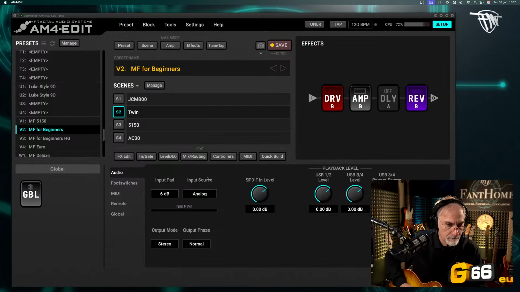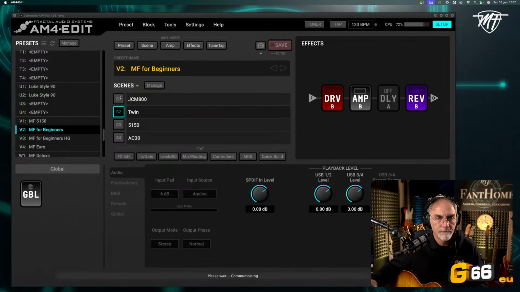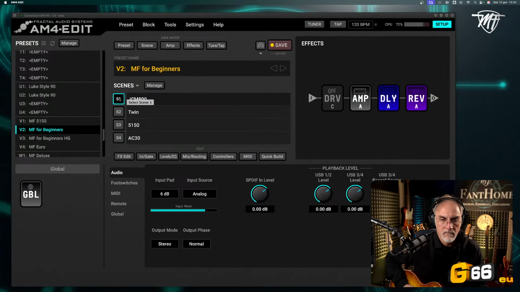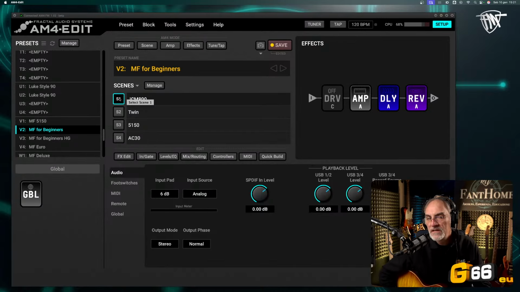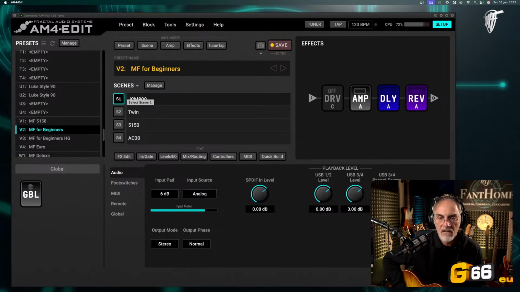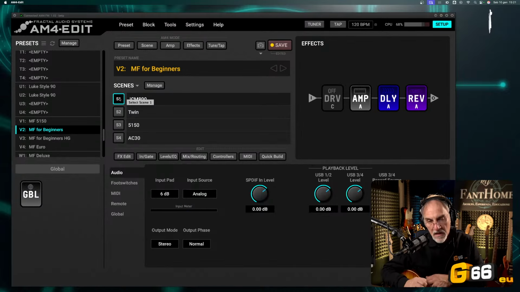Okay, it's here. This is the default value, 6 dB as an input pad, nothing else. This is a medium output, let's say, Les Paul. It's not so high.